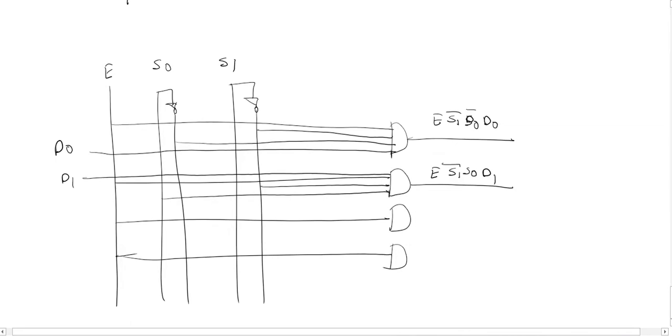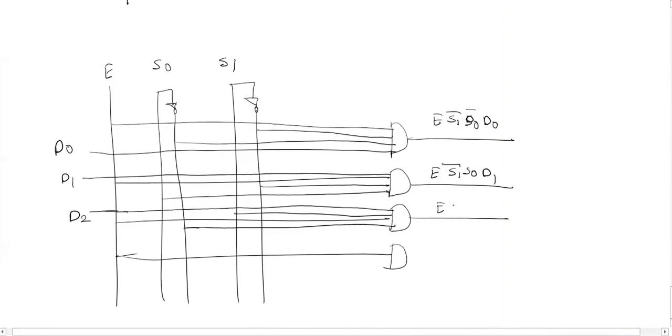Next one, S1, then S0 bar and D2. Last one, S1, S0 and D3.